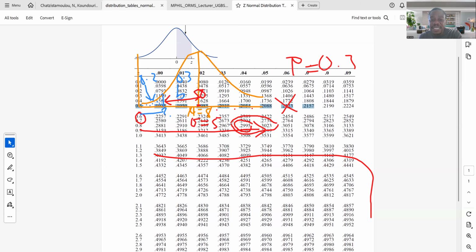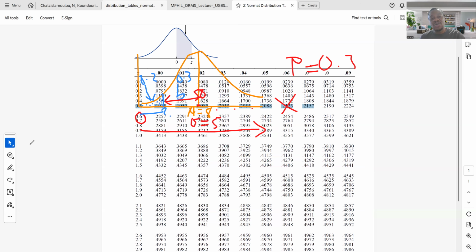When you read its z value, you go leftward and then you go upward. So what would be the equivalent z value? Type it there for me. What would be the z value? Excellent. It would have been 0.84. That would have been the z value. But for some reason, you have to add the negative. Who can tell me why?